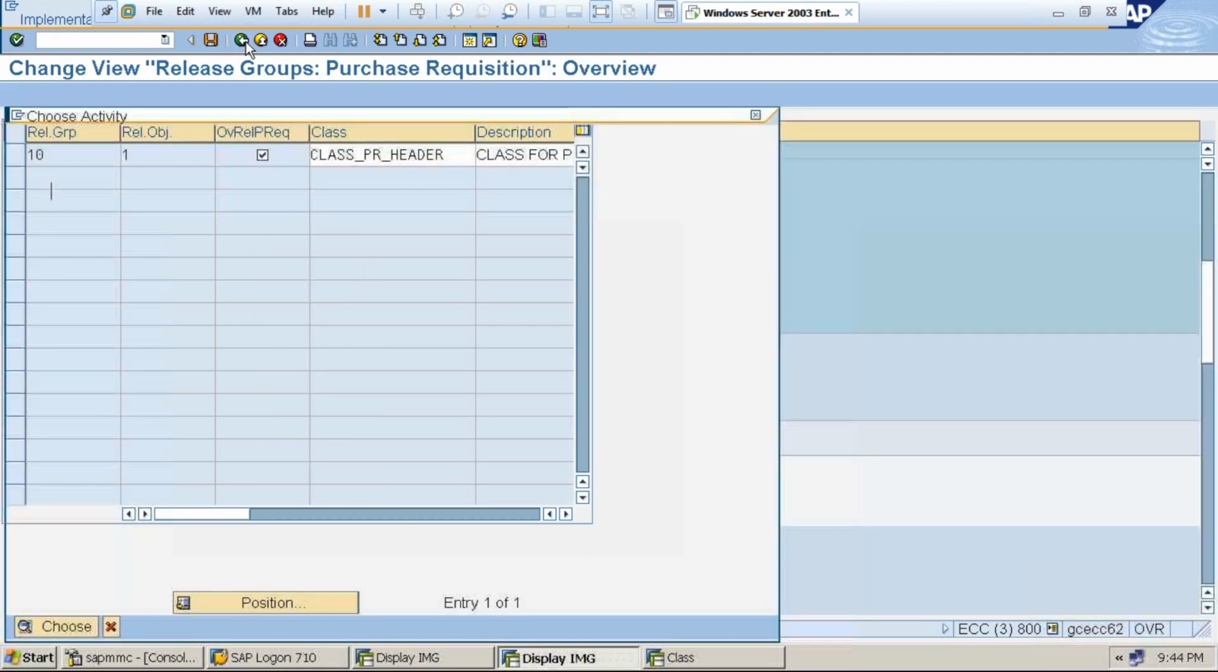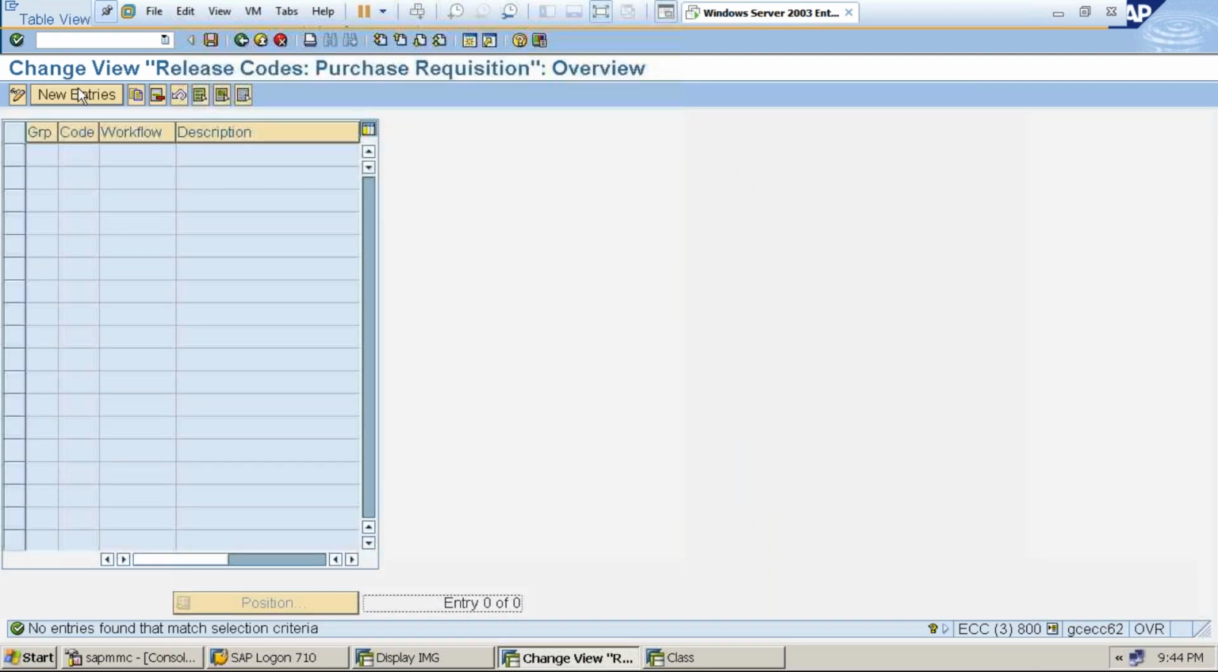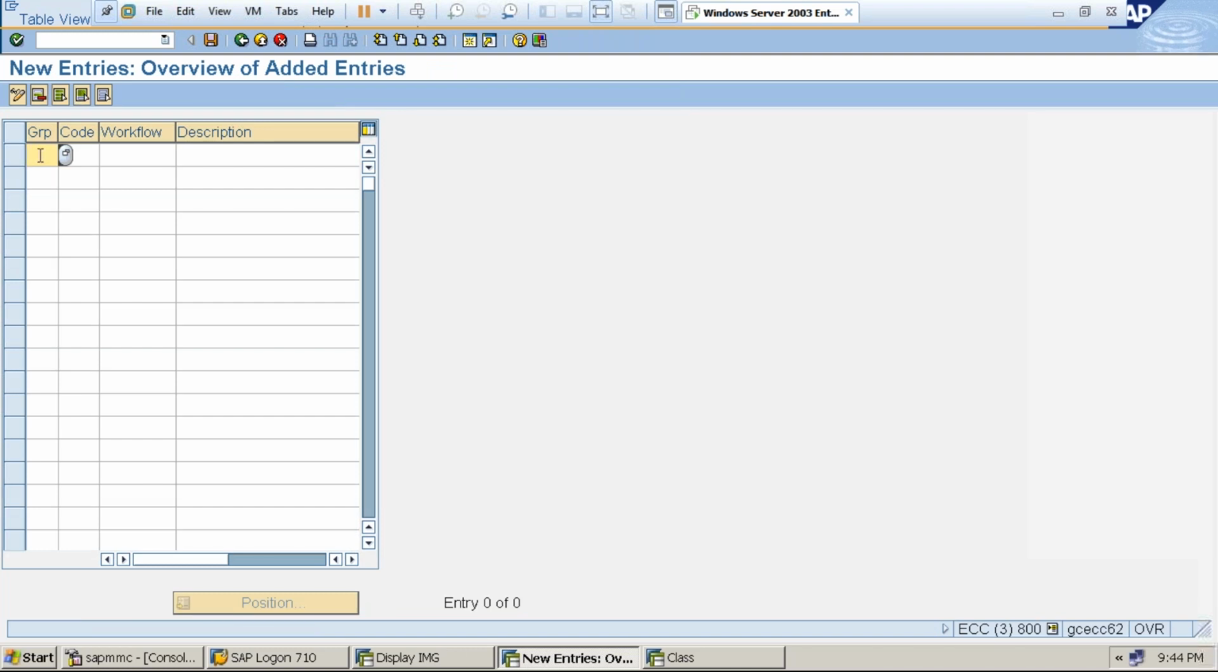go back, and release codes maximum, as I told you, there are maximum 8 release codes irrespective of PO, PR, or service entry sheet. The maximum release code given by SAP standard is 8. So release group we have already created, that is 10. Here for the code, let me take one code like QA, and workflow 1, and here let's say assistant manager, involving this person, and then again 10, and QB I'm taking, and again here 1, and I'm taking the manager, and then let's say QA AB, and